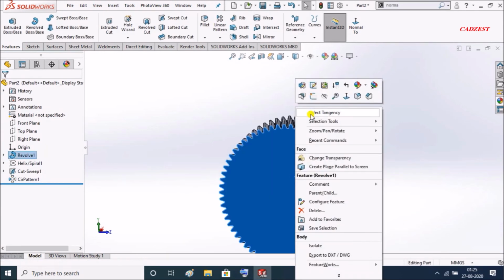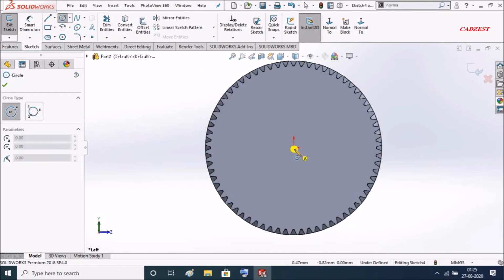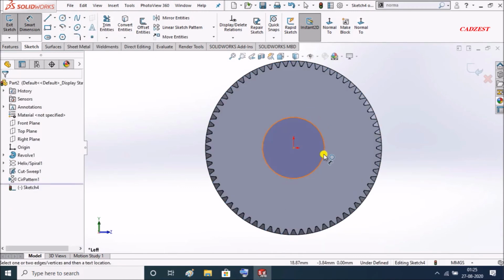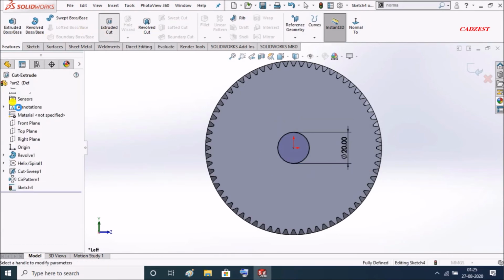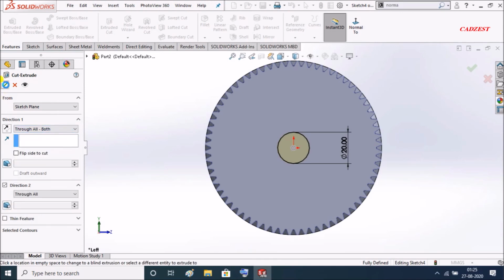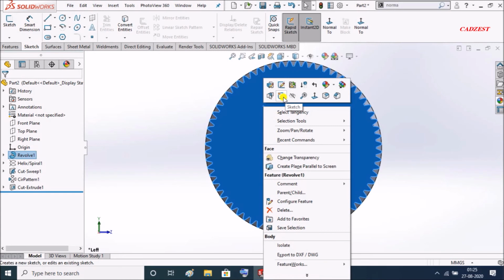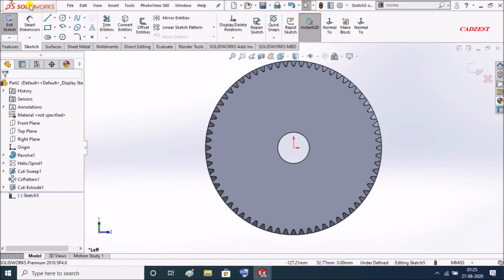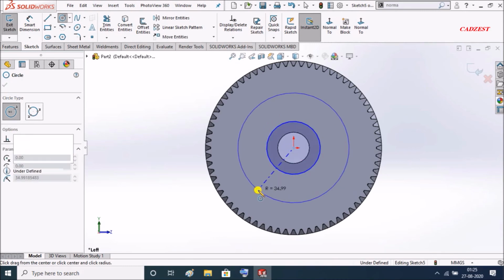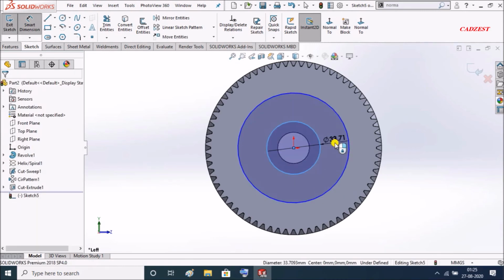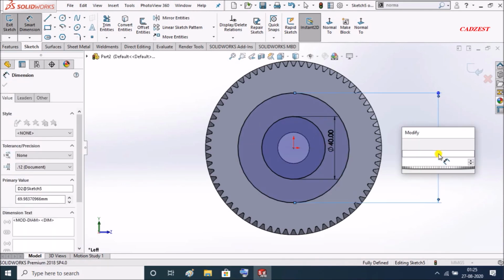Just right click on this face. Extrude cut will be through all both. Right click on this face, sketch again. So this time 40 and 75.